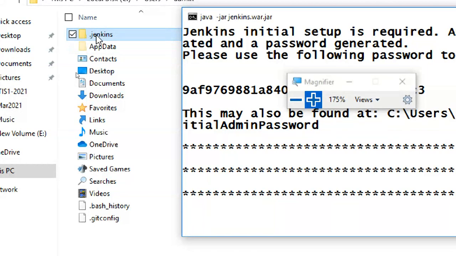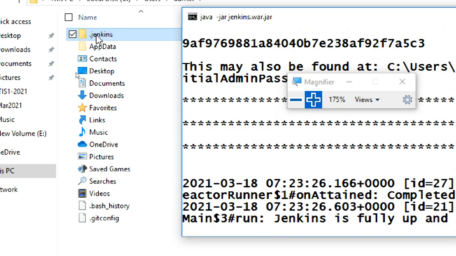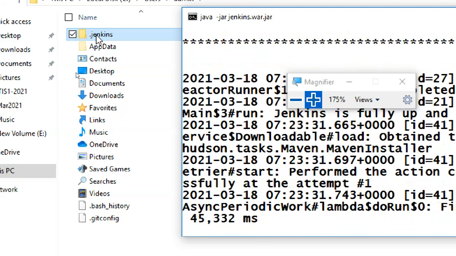Then start the Jenkins process again, following the same steps: java space hyphen jar jenkins dot war. Just write it again. You have to delete this folder first.